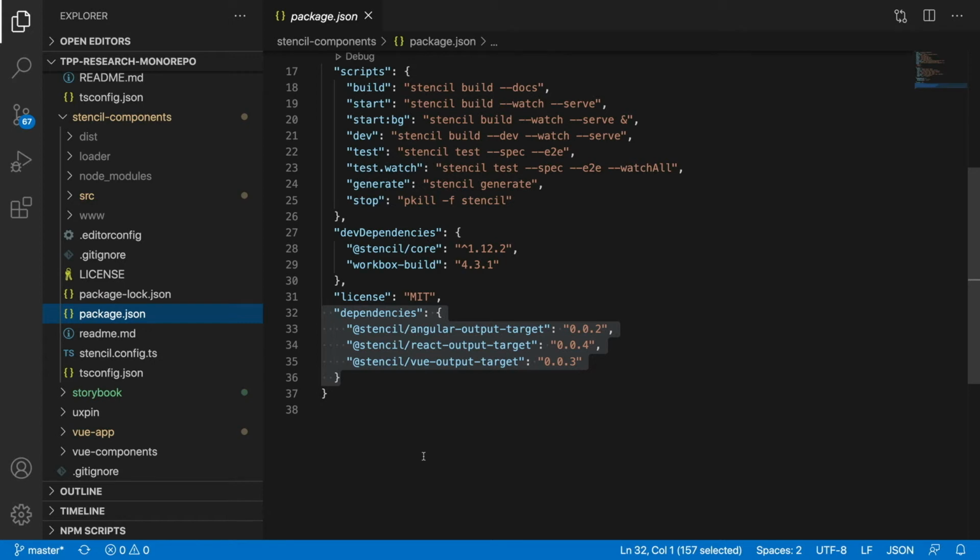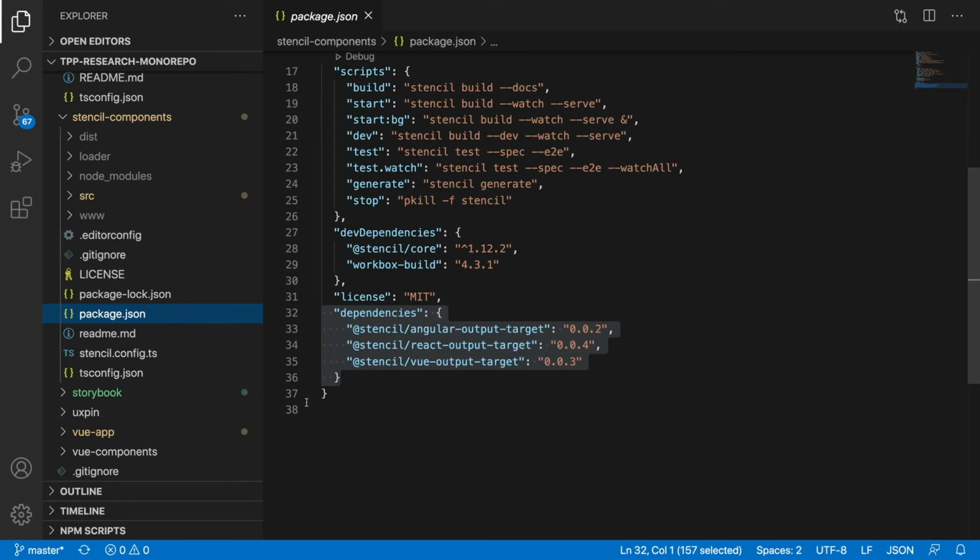So with Stencil, we can define these output targets. In the package JSON file, we're going to add a few dependencies for Angular, React, and Vue. We're not going to add one for Ember because Ember sort of works with web components pretty well right out of the bat. But those are the 4 frameworks that we're going to target: Angular, React, Vue, and Ember.